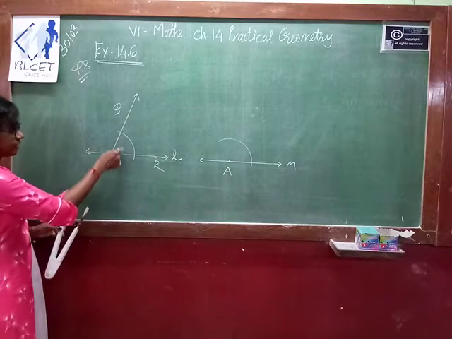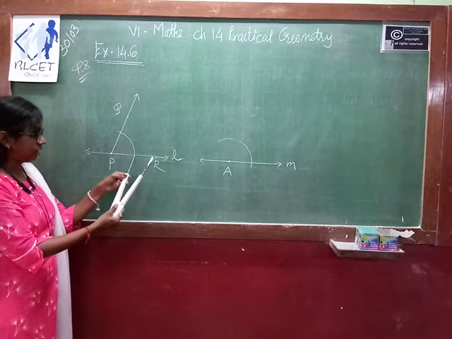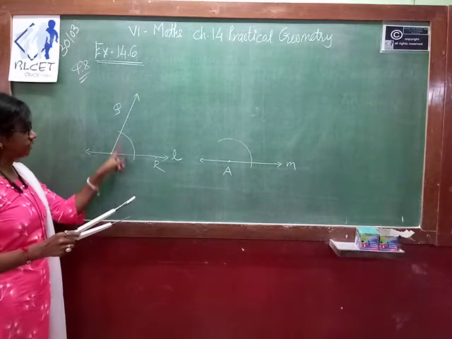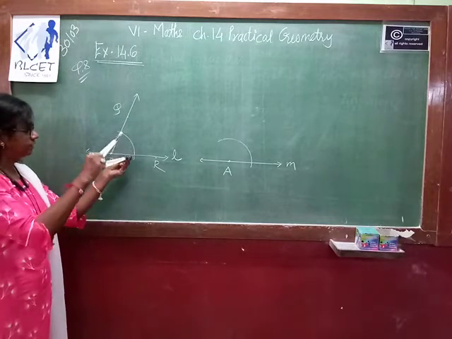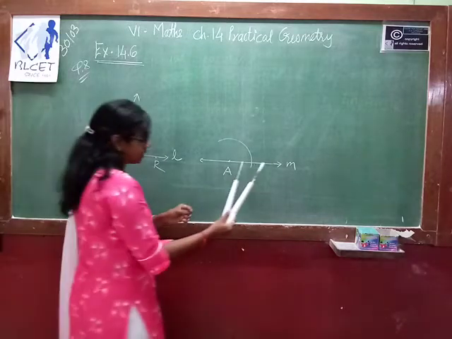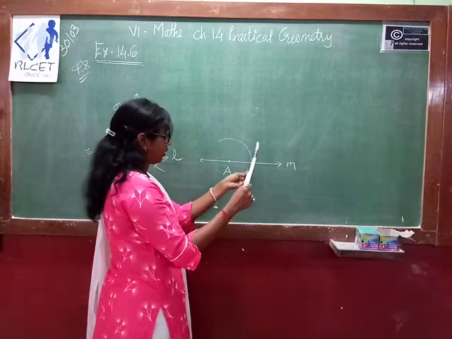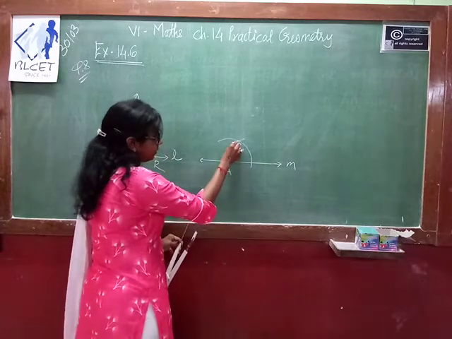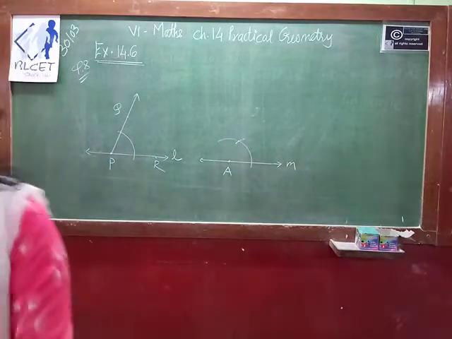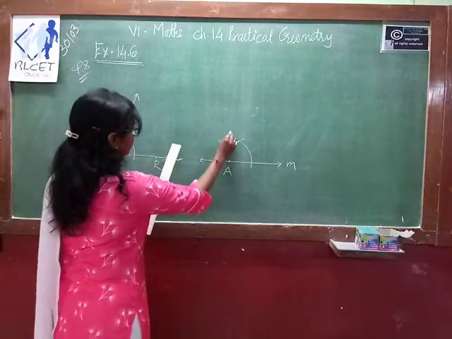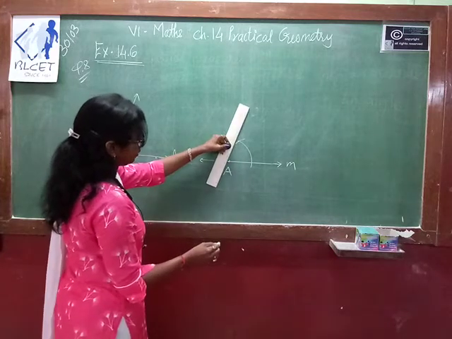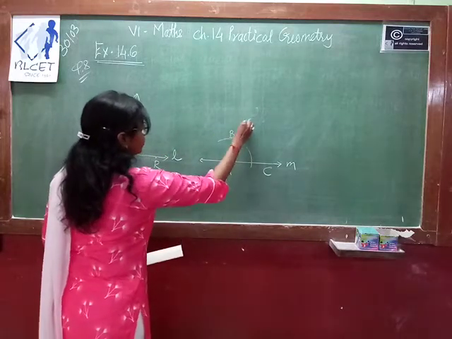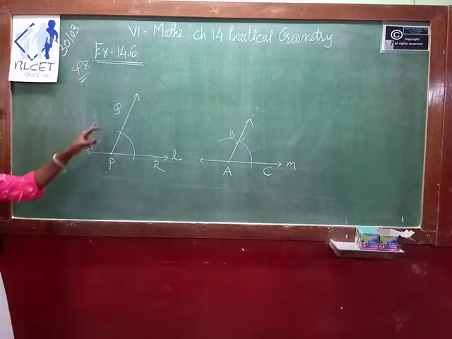Now we find the distance. How do we find it? Keep your pointer over here and find this distance between this and this point. Now without changing this, we keep our pointer over here and draw an arc. So we get one intersecting point. Name it as B. Join these 2 points A and B. So your angle BAC is exactly the copy of QPR.